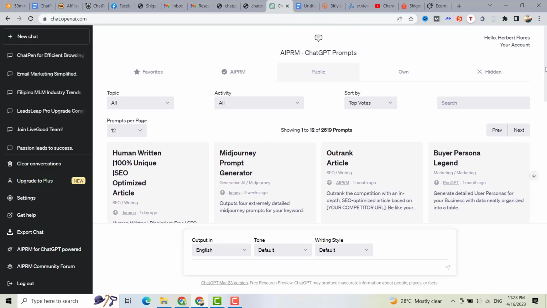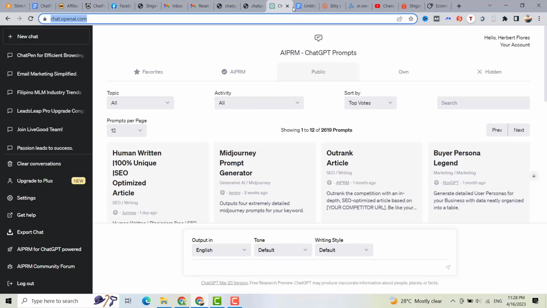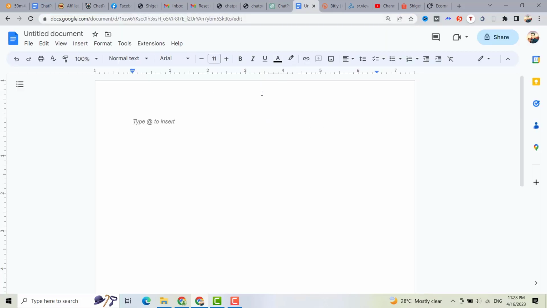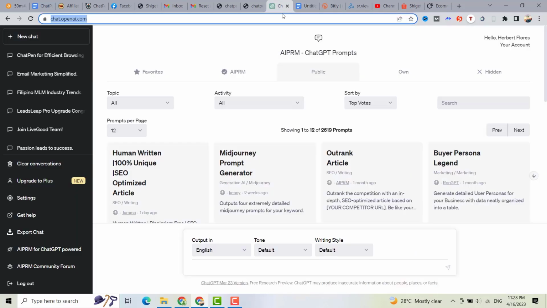But the problem is that you need to open ChatGPT on a new tab, then you need to paste your content on a Google Doc, or if you want to save it on a notepad, right? So you need to open multiple tabs so that you can paste your content.